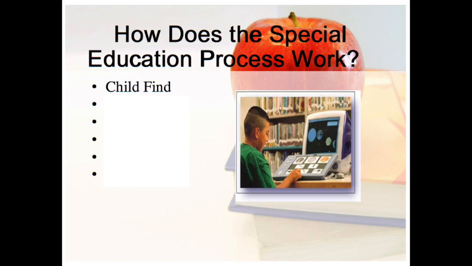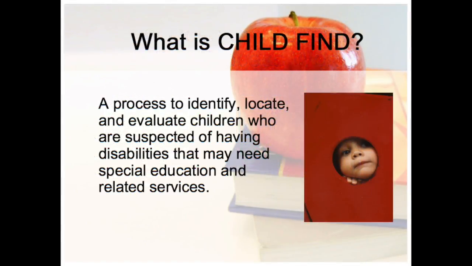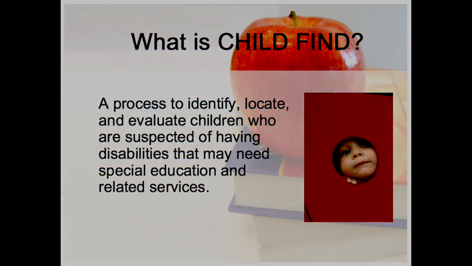The first step is Child Find. Now, what is Child Find? The law in IDEA specified that the states are required to identify, locate, and evaluate children who are suspected of having a disability and may need special education and related services in order to help them learn and function in the school environment. Now, different ways that they may do Child Find include they may put information in newspapers